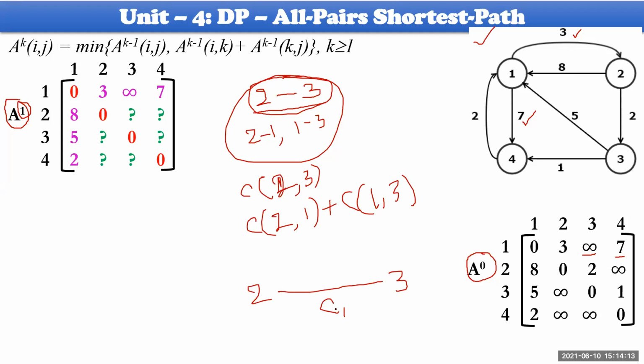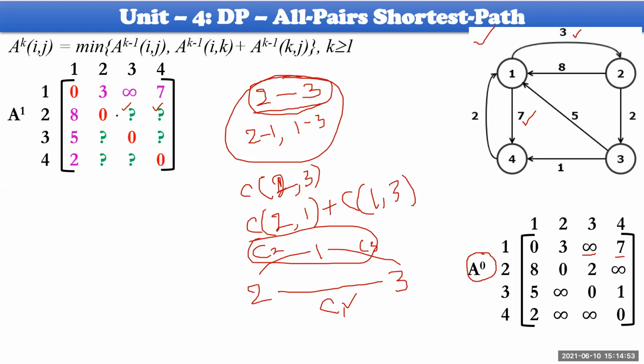So I'd like to identify whether there is any other alternative, by introducing 1 as intermediate between these two, which will be a lesser distance or not. So this is 1 followed by this one. As I said, this is cost 2 and this is cost 3. If the summation of these two is lesser than the value of this one, then we'll take this one out. So that is the point which we'd like to identify. So A power 1 in the sense. So here what is our main agenda? Whatever the value I have mentioned as question mark here,